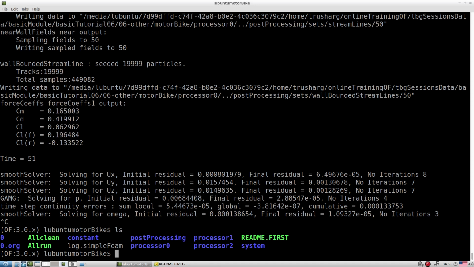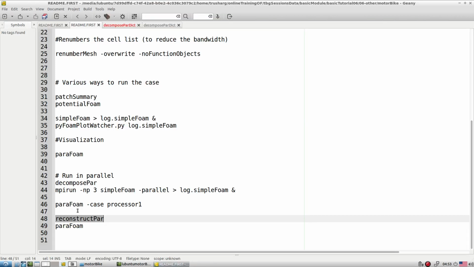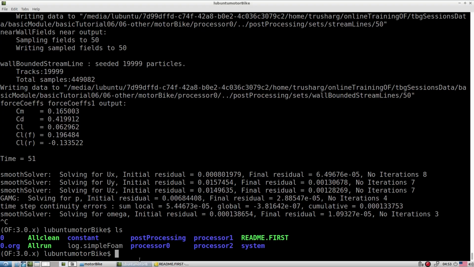it is not visible here, that all the files are inside this folder. So if you look here, even though the 50 backup file is constructed, it's not visible in the parent directory. But if you go to each processor level, you can see that 50 backup file. Okay, at each processor level. Got it? But if you want to do post processing at a time, then we have to reconstruct the data.